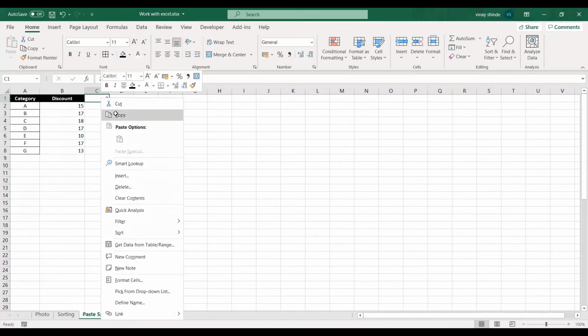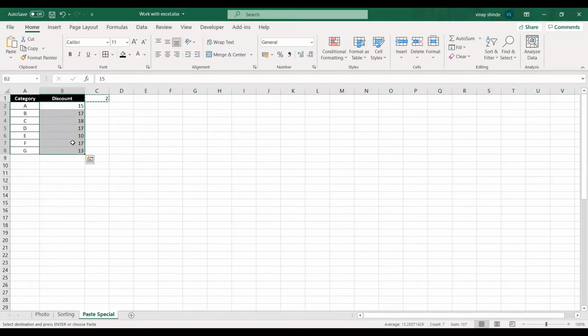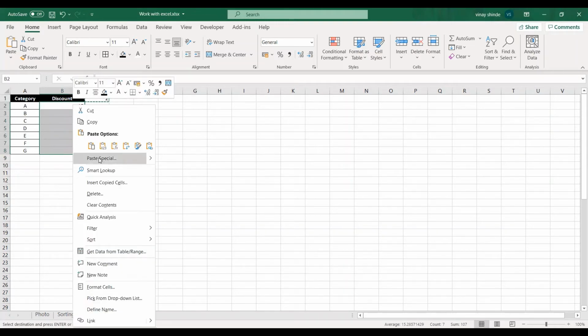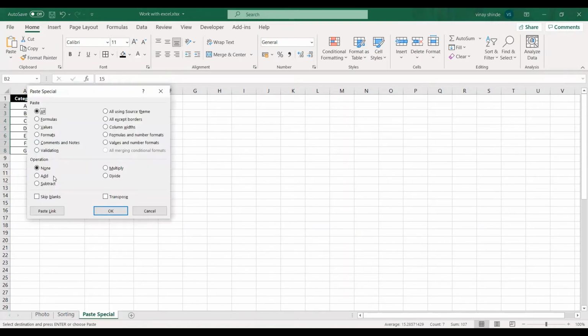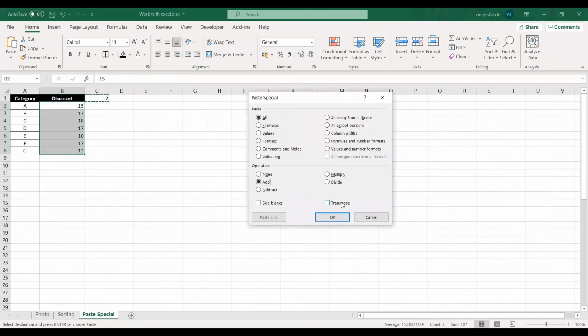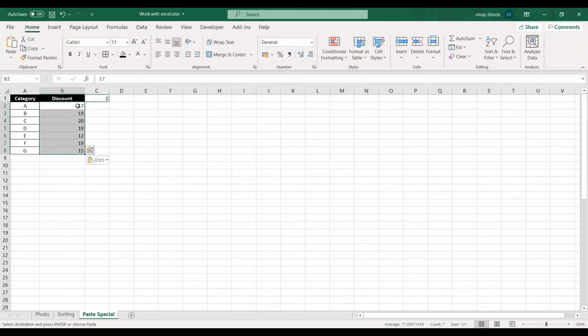So copy this, select this range, right click, Paste Special, and here click on add so that it will add 2%. Now you can see here it is 15, 17, 18, 17 like that. So when I enter, you can see that this discount has been increased by 2%. That means 2% have been added. Similarly, we can do it for subtraction as well.